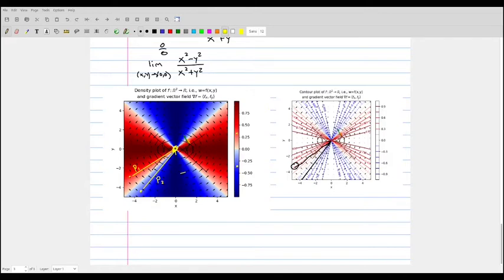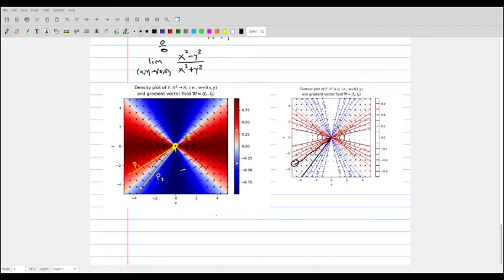Now you can see this without looking at the plot by doing the z traces of this function, or the contour curves for the function. If you fix various values of c, and you look at the shape of the contour curves, you end up getting these straight lines right here. So we can do that down below to show you how you don't actually need the plots to do this. If you fix z equals c for different values of c,